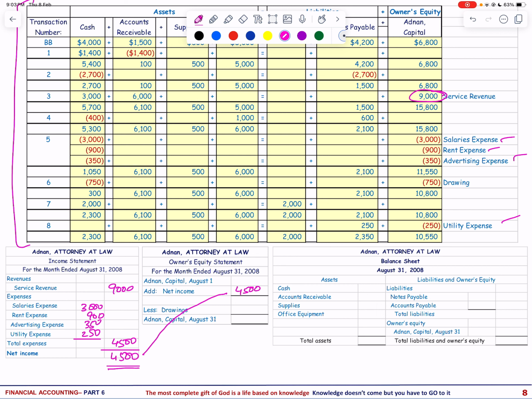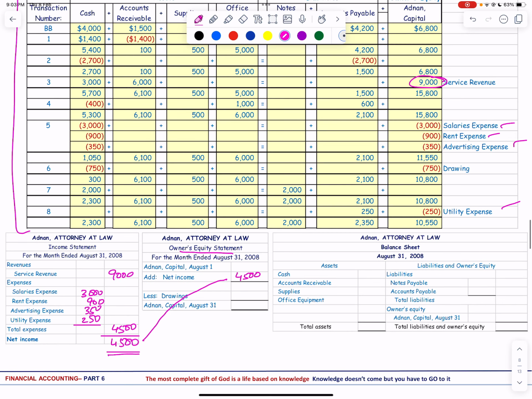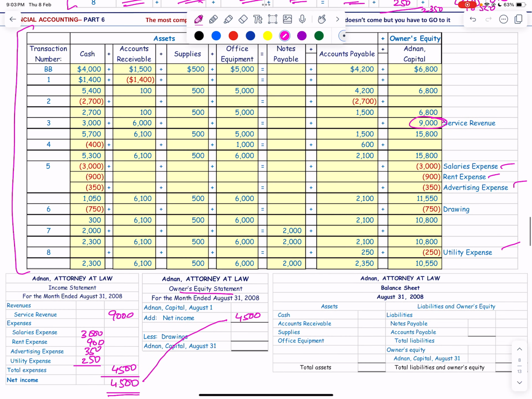4,500. Now, when we prepare the owner's equity statement, this is the second part. We have to prepare the owner's equity statement. And when we say that is 4,500, the net income and the capital was 6,800 in the beginning. So the total is 11,300. From this we will subtract the drawing of 750 and the total will be 10,550. Now this amount is the Adnan's capital